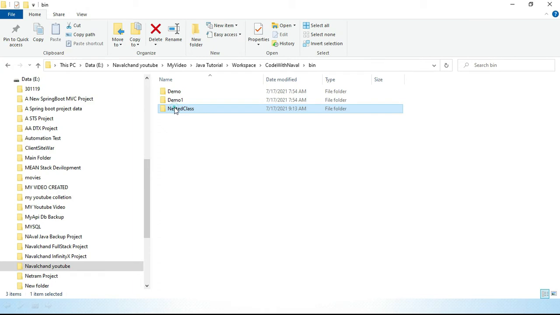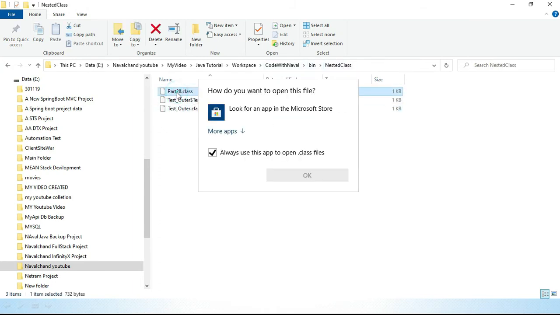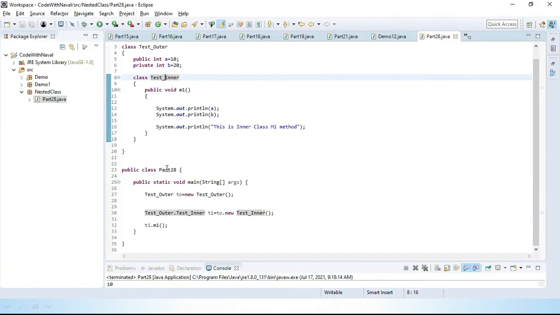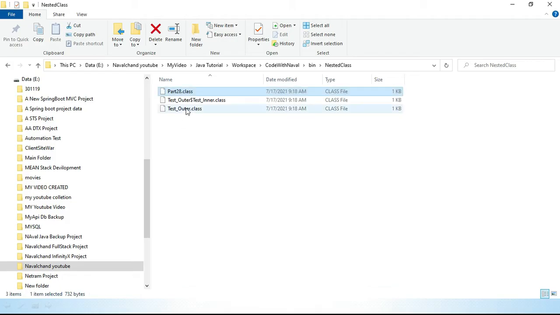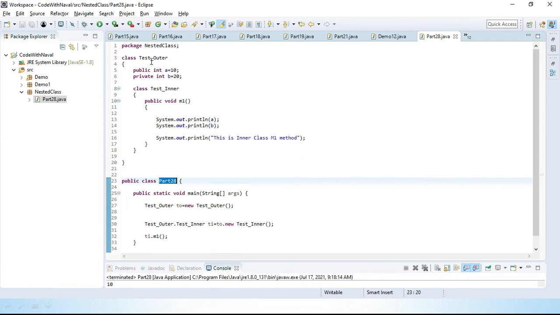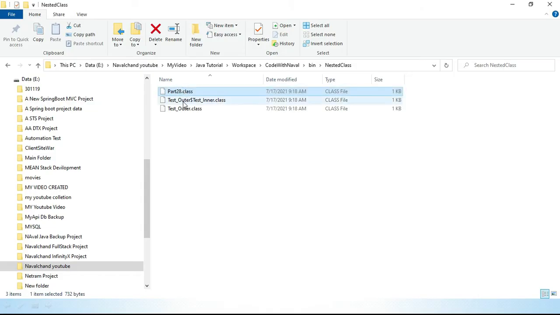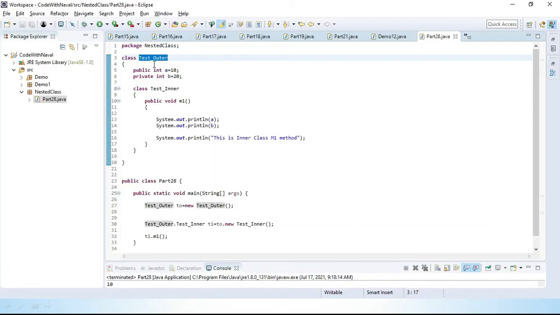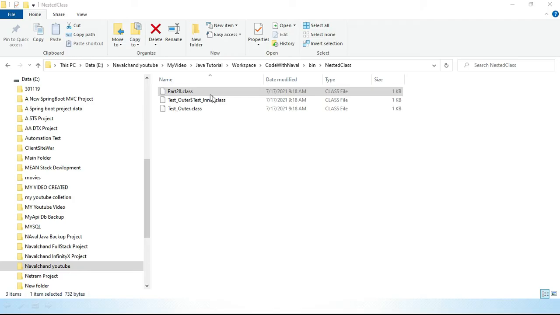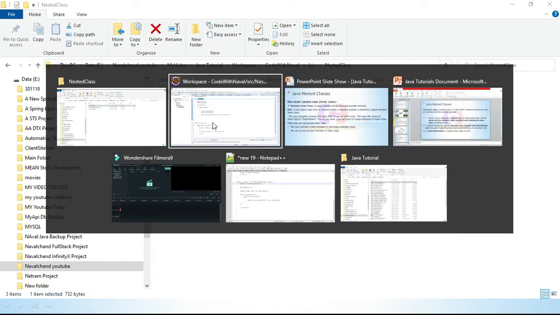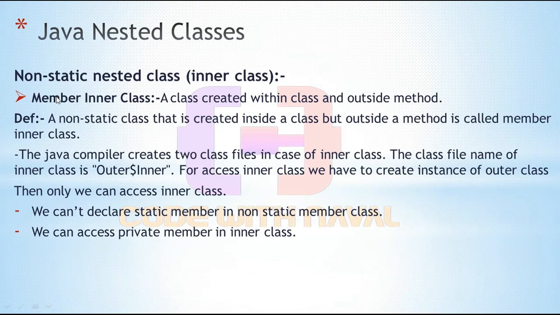In this nested class package we have a part 21 class, then the test outer class and this test inner class. The test inner class file name is generated as test outer dollar test inner: outer class name dollar inner class name. In this way we can use member inner classes.